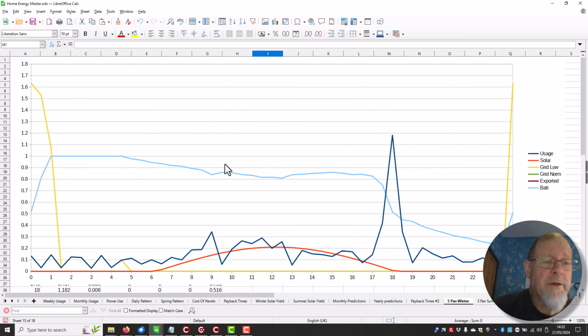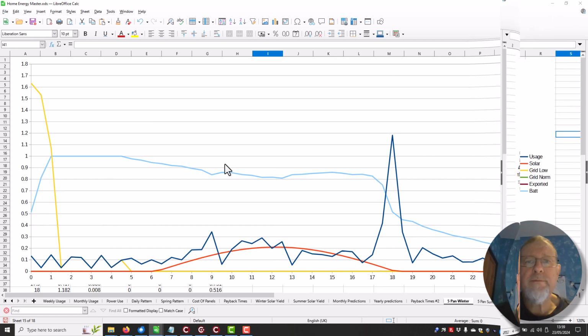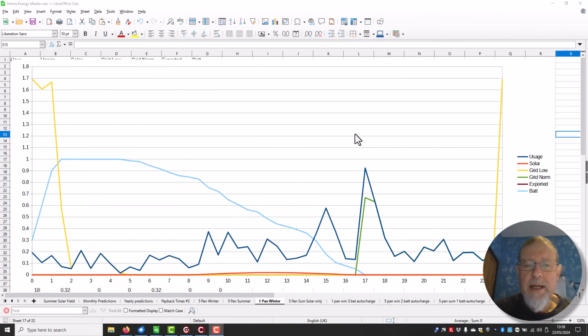So what we want to know is how much charge to put in our battery, so that along with the solar power, that charge we put in will last the day, so we don't need to draw anything from our normal full price grid. Okay, so let's look at the case of winter. We've got one solar panel, so we're not getting a lot of power out of it, and our battery charges up to one full and goes down over the day and runs out about here,